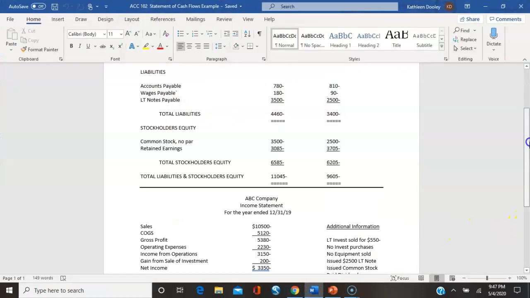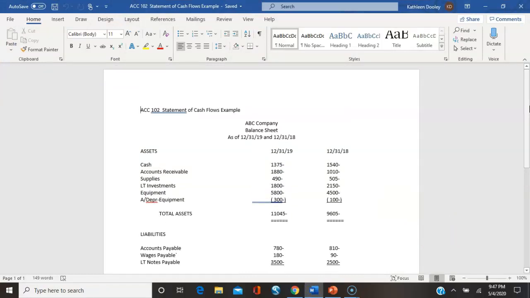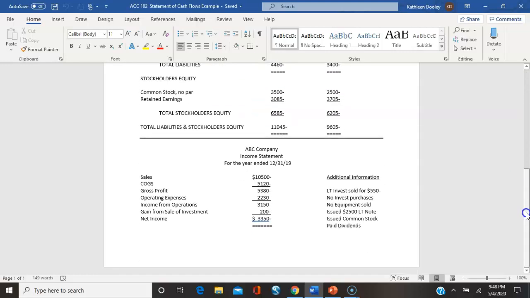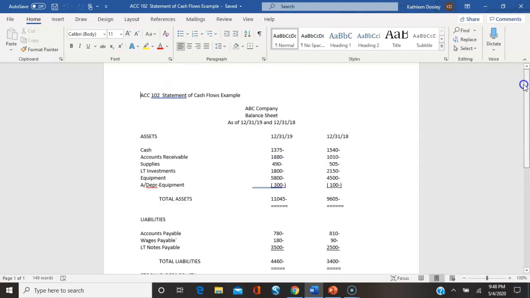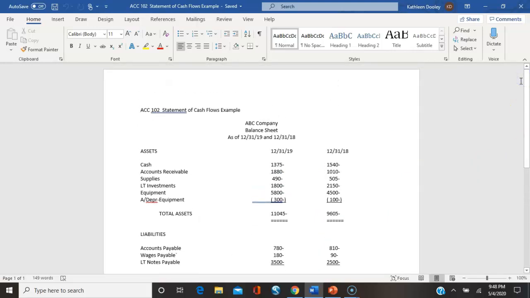Today we're going to take a look at doing a statement of cash flows. In this first section, we're going to start out looking at our source documents, which is a comparative balance sheet, meaning it's got 2 or more years on it. We also have an income statement, of which we only need 1 year's worth. And we have some additional information that might have been pulled out of the general ledger. We're going to use this information to make the analyzing tables, which will then help us greatly